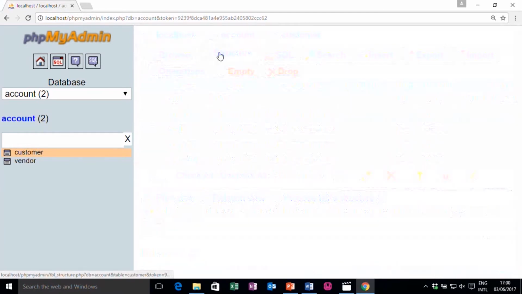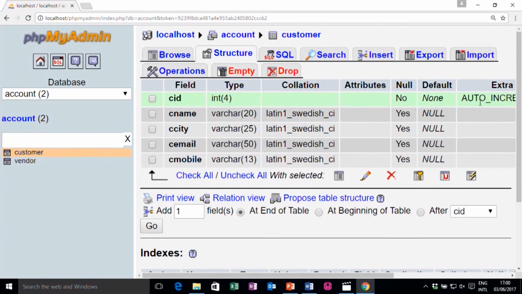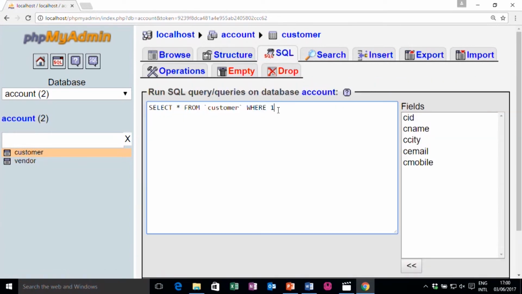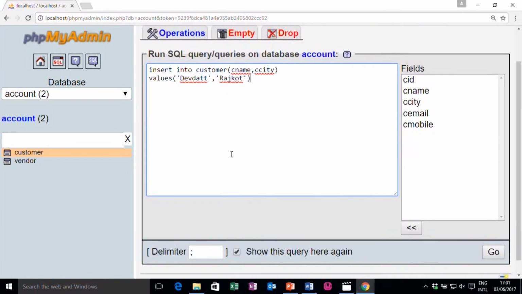If you remember, we took CID as auto increment. So, say, for example, if I write insert into customer, and now I write only C name and C city, for customer name and customer city, and values, let me write a name and city.